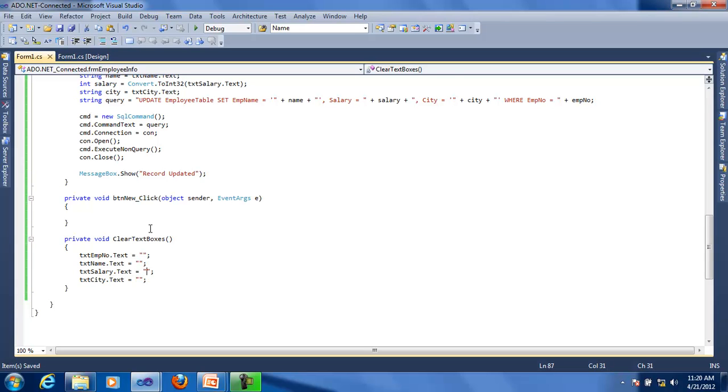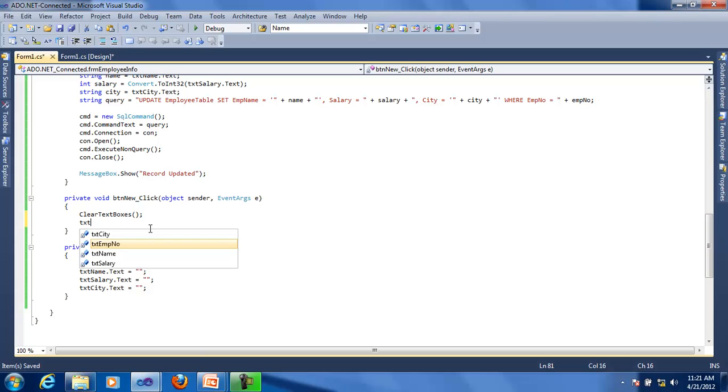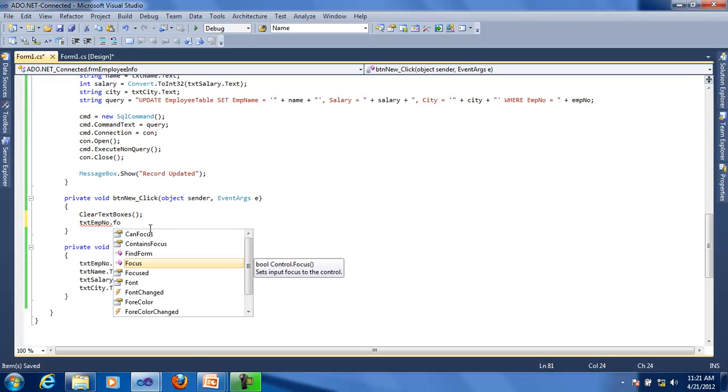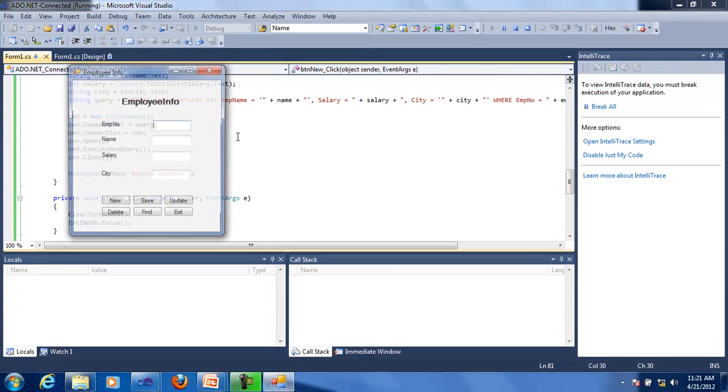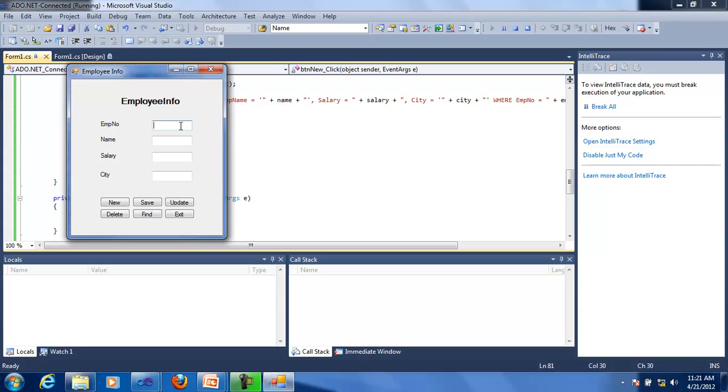Fine. Call this function and you can also say txtEmployeeNumber.Focus, so that if you want to insert a third record,